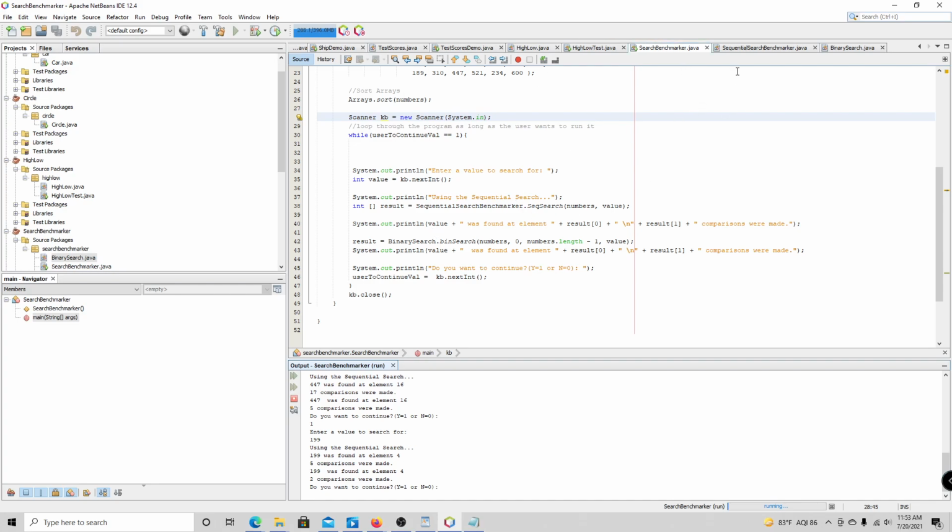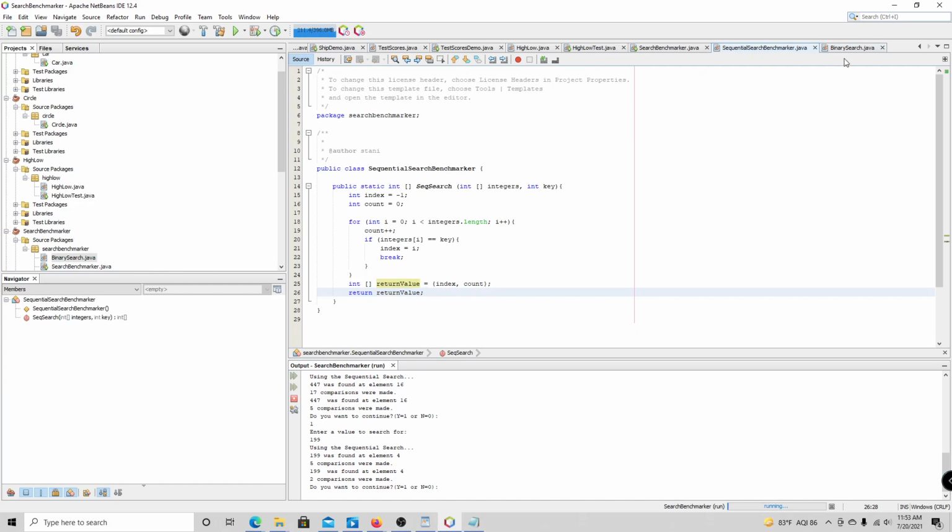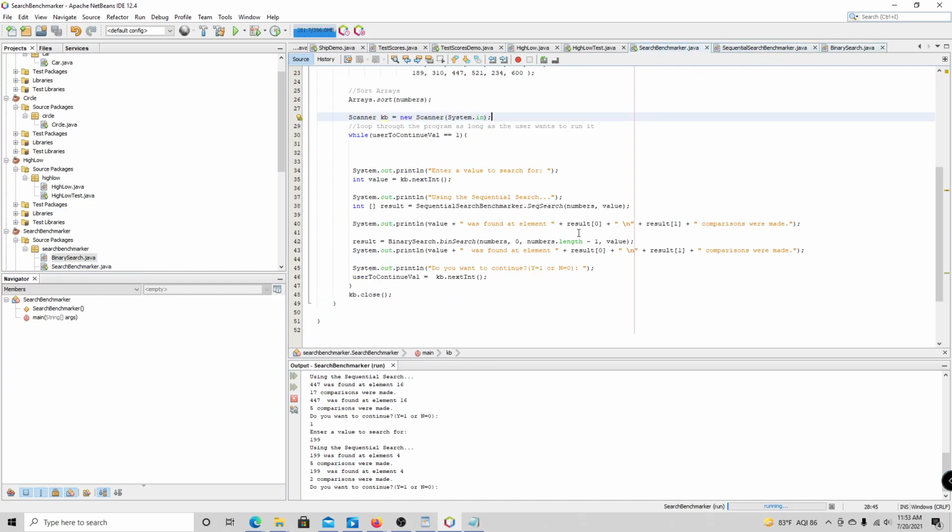You have to make sure that you name your classes correctly. In which sense, I didn't, but it doesn't really matter as long as it matches, as long as I call the class and call the method. Because in here I said binary search benchmarker, and in here